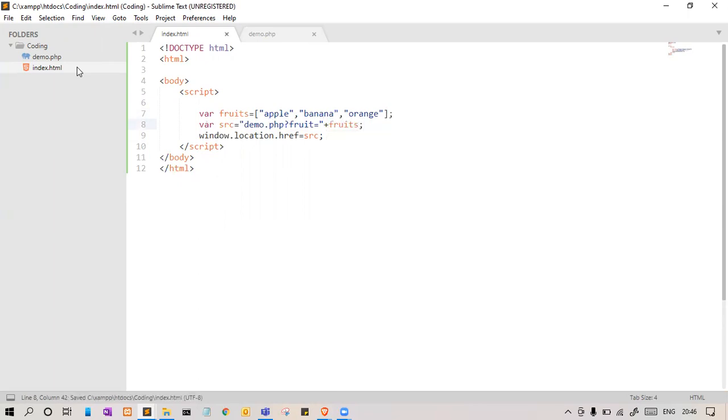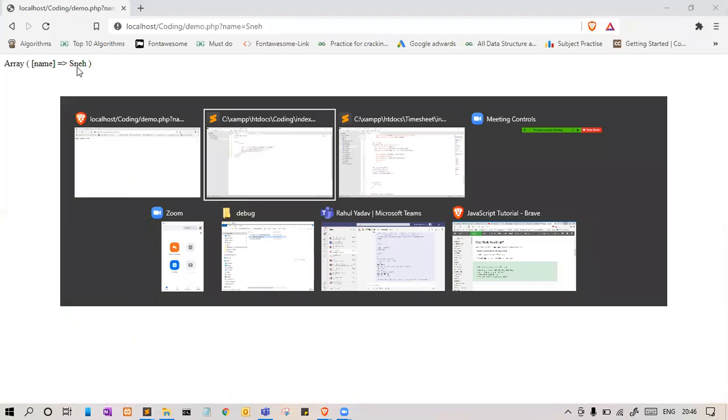Let us pass it and see if it is passing correctly or not.